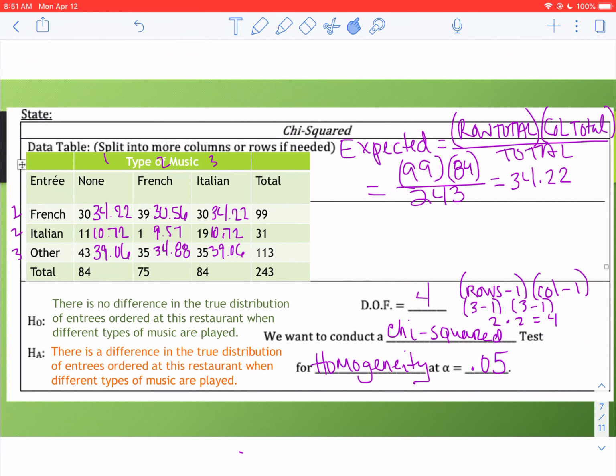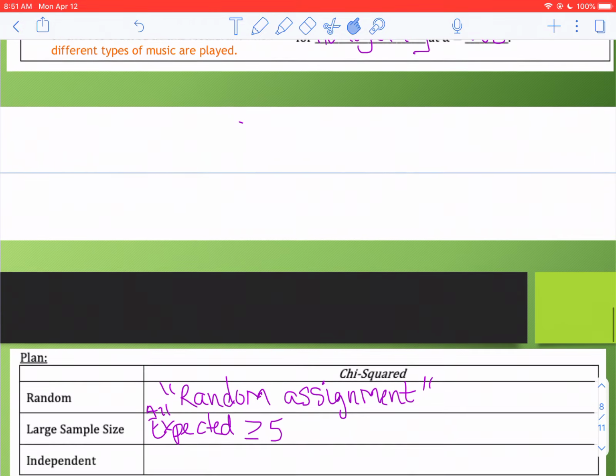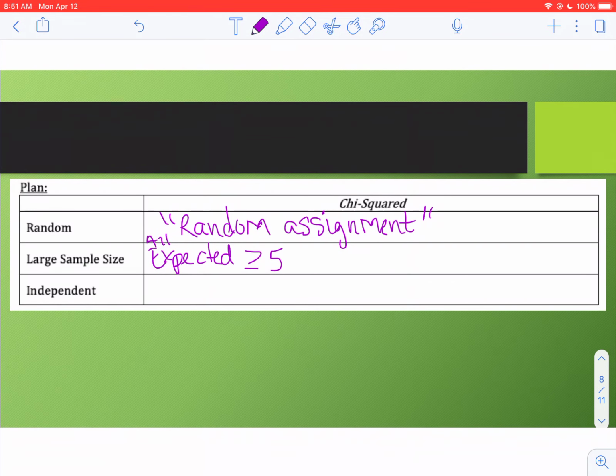One way to do this too, if you're taking the AP exam, find your lowest expected value, and if that one is greater than 5, then you're good. So my lowest expected value is 9.57. So you can say something like lowest expected is 9.57, which is greater than 5. So that way you can say if the lowest one's greater than 5, then they're all greater than 5. So the independence check,